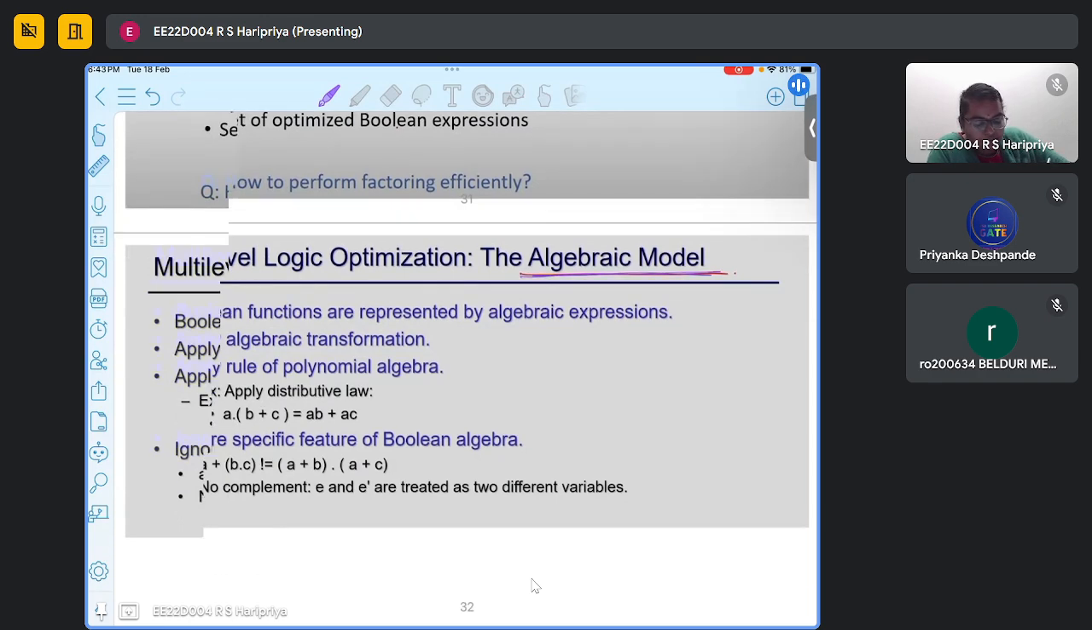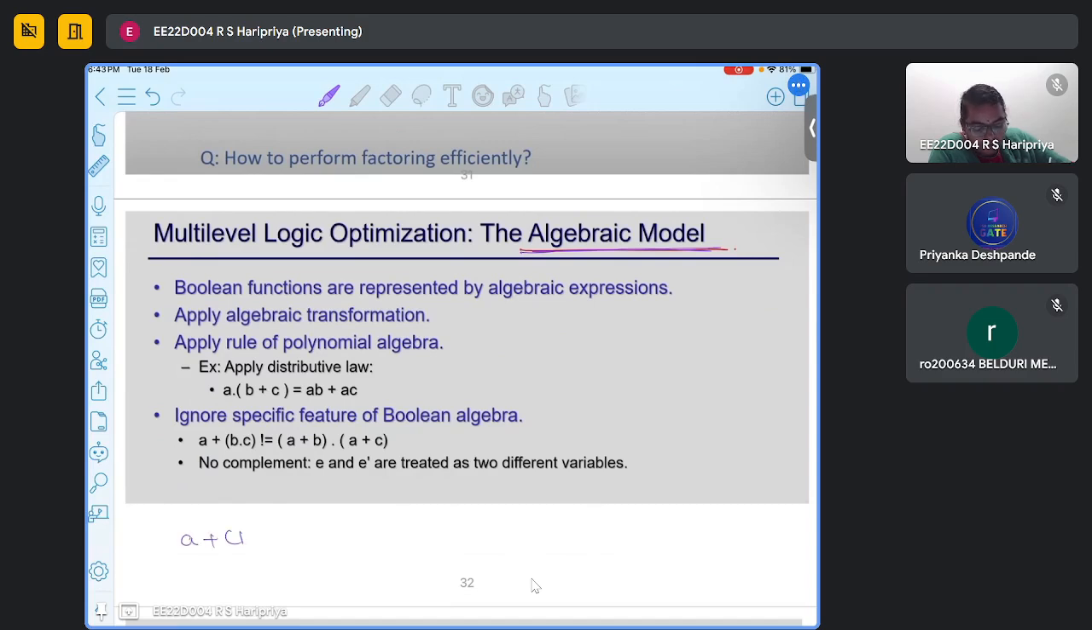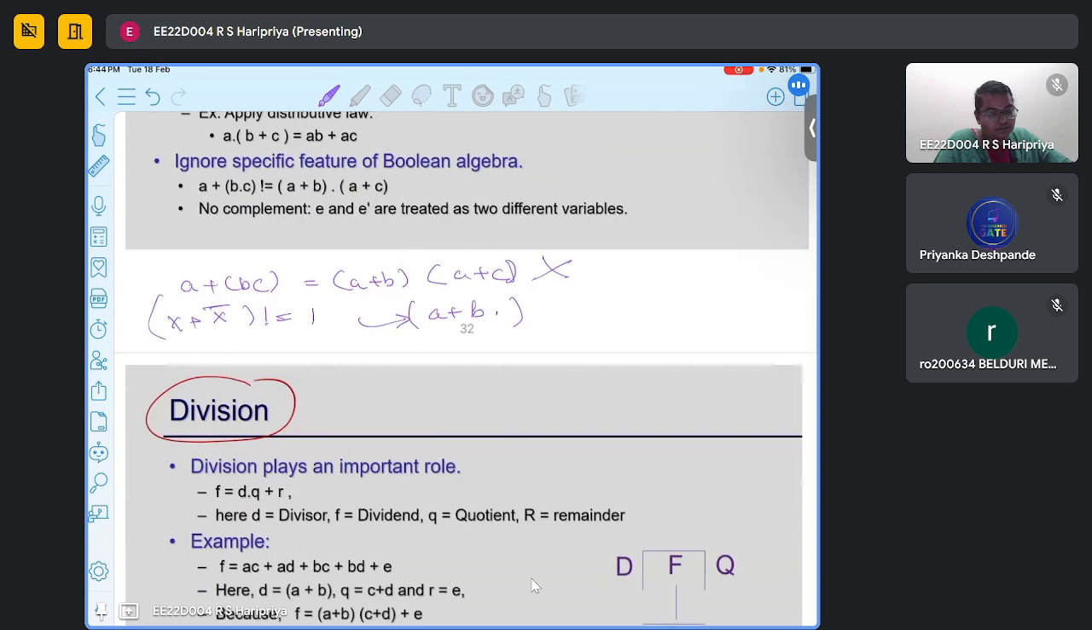So in the algebraic method, this one, a plus bc equal to ab plus c into a, is valid in the Boolean expression and not in the algebraic expression. And also complement does not exist. So x plus x bar is not equal to 1. Here it is simply a plus b only. Okay, so with these expressions,